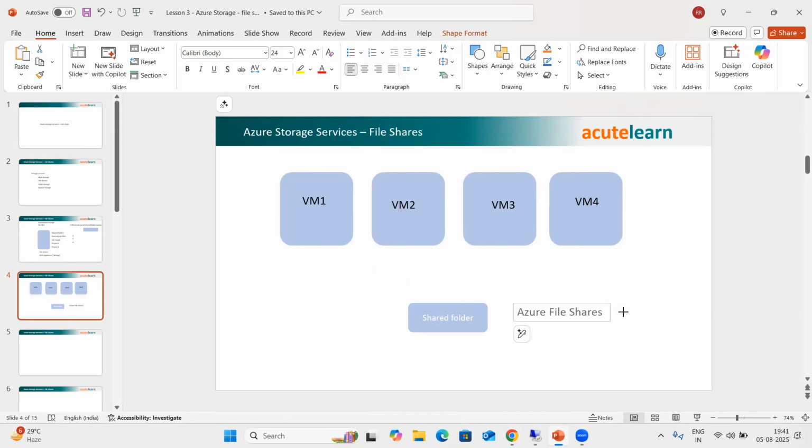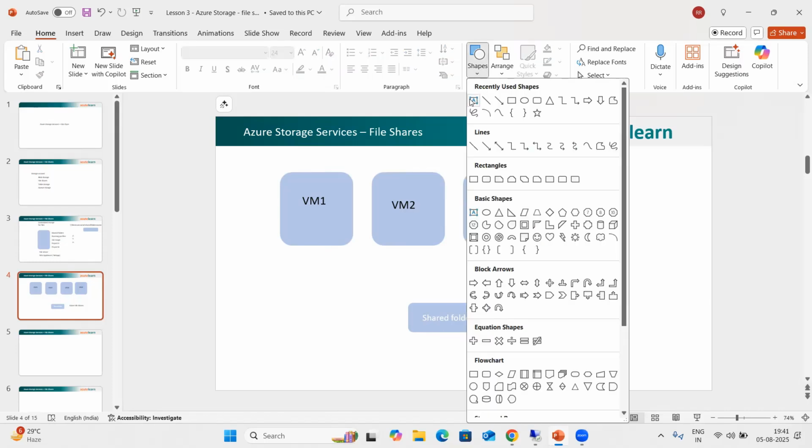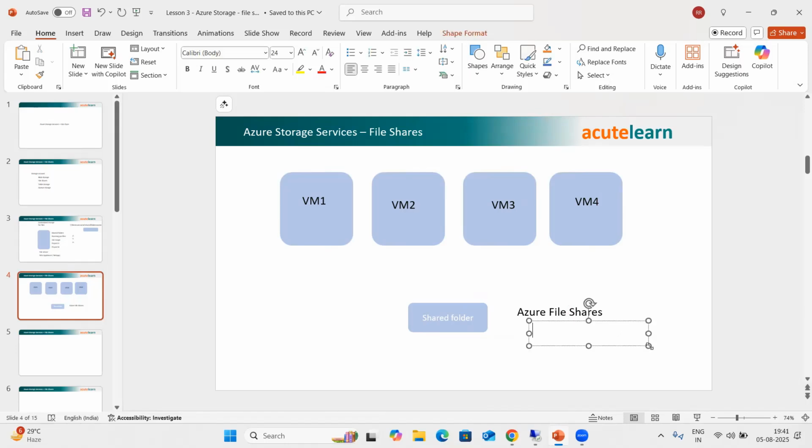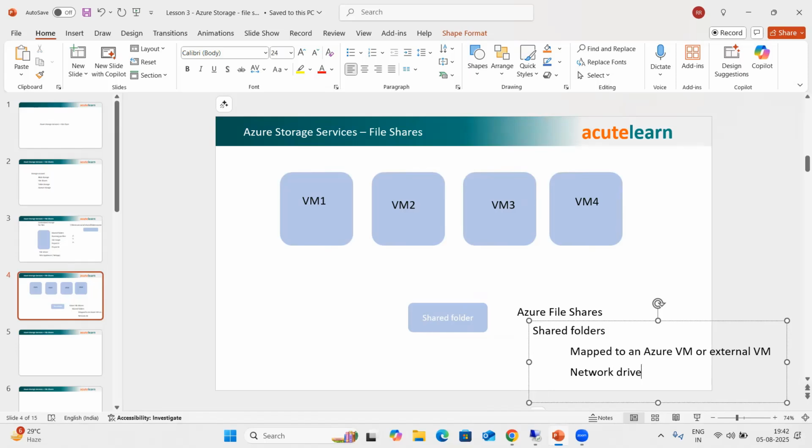Azure File Shares. Azure File Shares is just a shared folder. Under the storage account, the Azure files are shared folders, which can be mapped to an Azure virtual machine or to an external VM as long as there are no restrictions. And this can be mapped as a network drive accessible